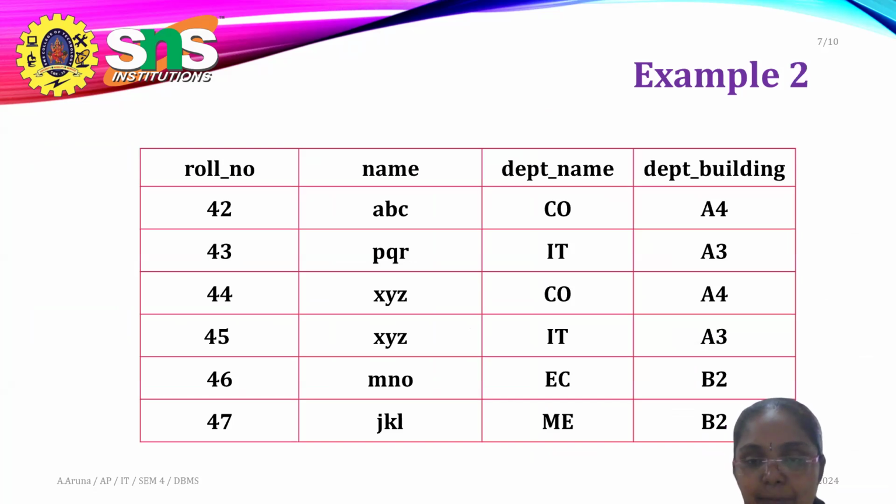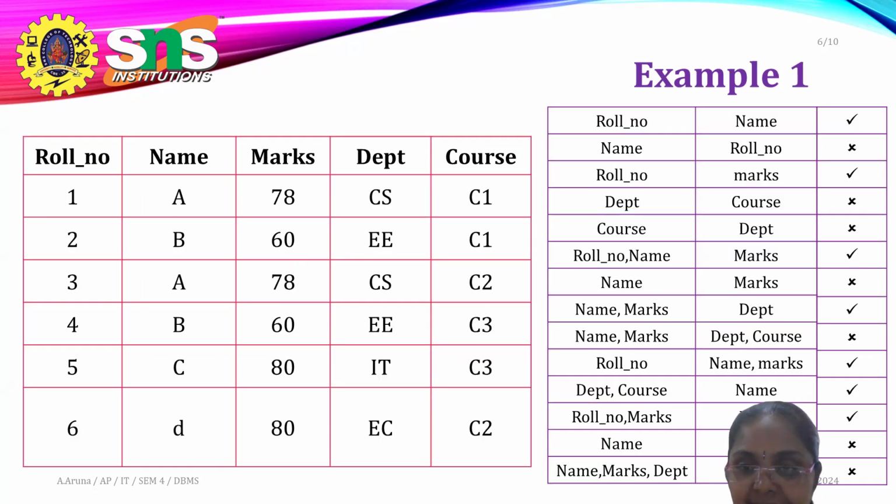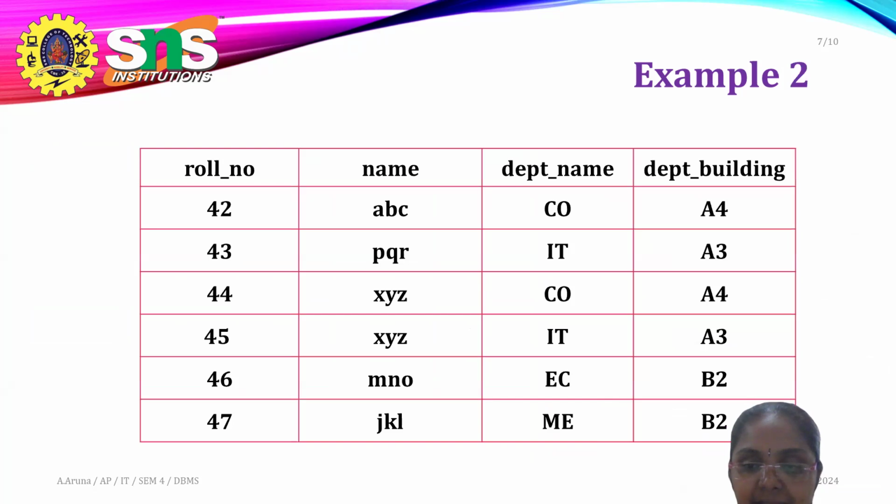See through the next example, this is a second example. In this case, you have so many valid or invalid dependencies. So from your exam point of view, they may ask like this. Along with the dependency they will ask you to find out whether it is valid or not. In some cases, they will give you only the table. By using the table, they ask you what are the valid functional dependencies and invalid functional